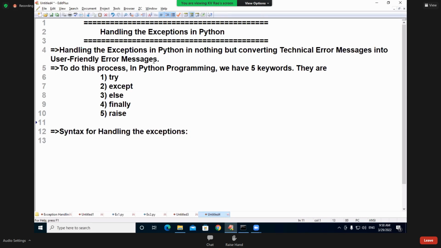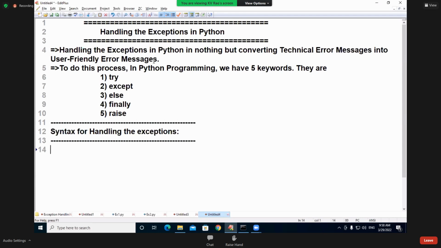Once again, handling the exceptions is nothing but converting technical error messages into user friendly error messages. Right? So before writing that syntax,